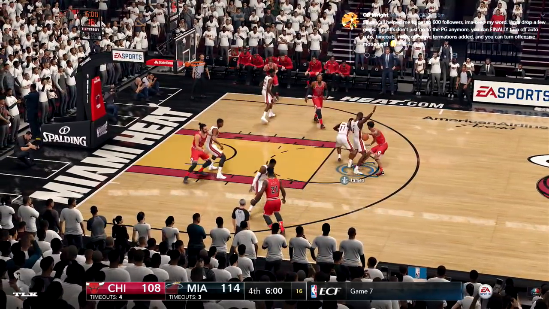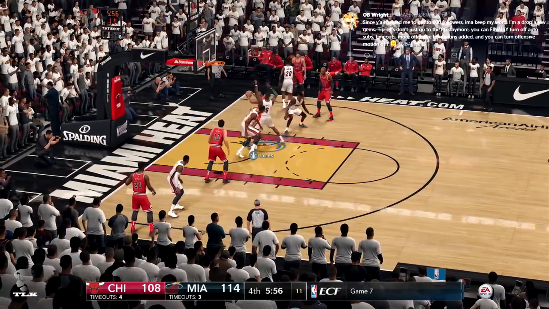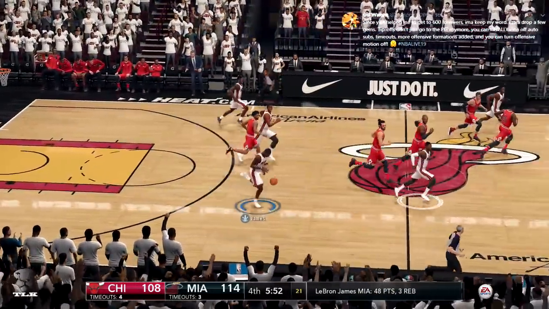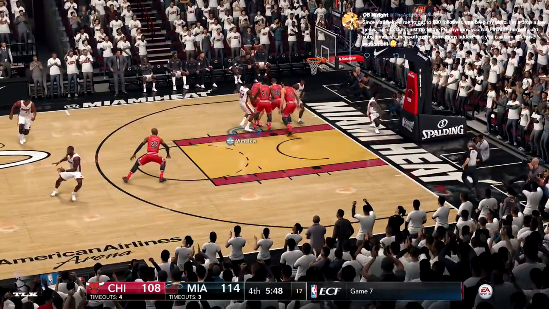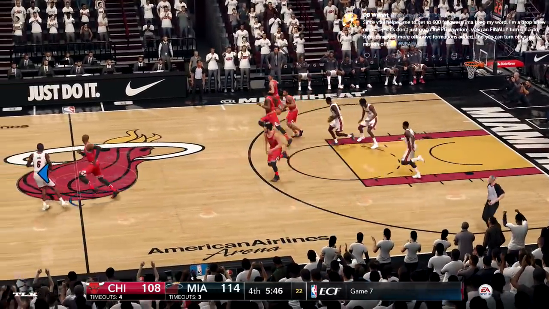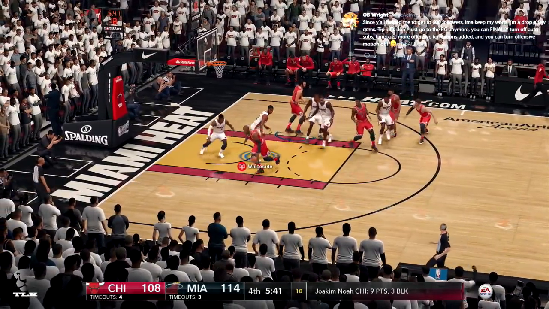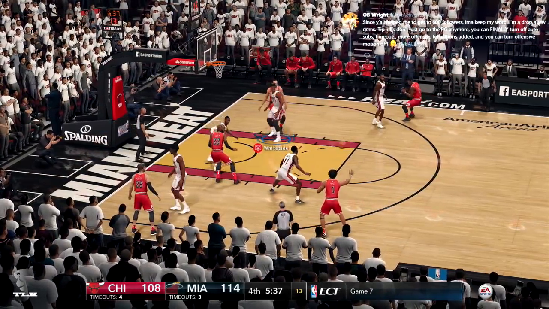The reason why I feel it has to be turned off is because it's just a feature that creates a whole bunch of fake movement out there. And if you pay attention to the videos that were released by EA Sports after EA Play, the footage of the Rockets versus the Celtics, I can't remember who the other teams were. There was another